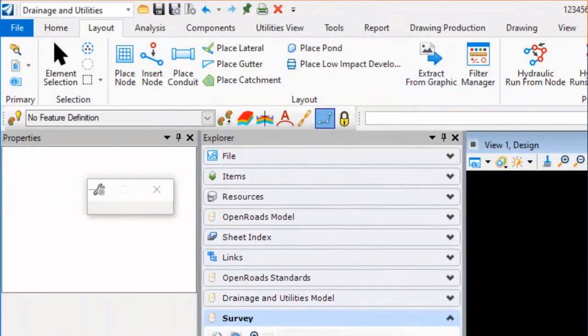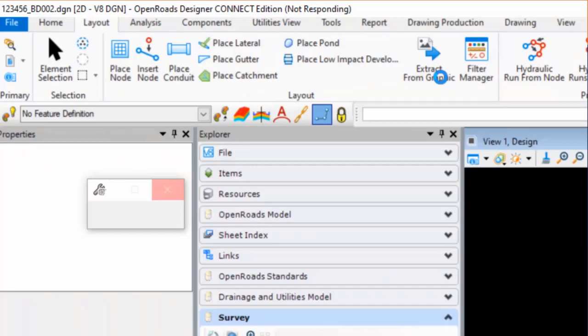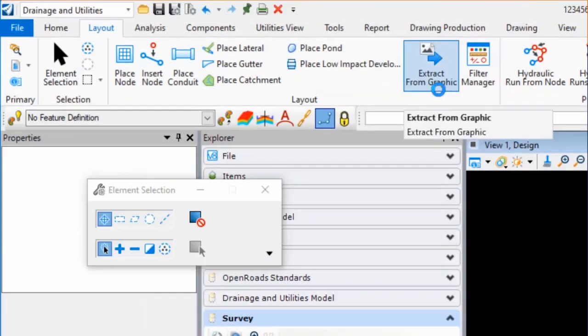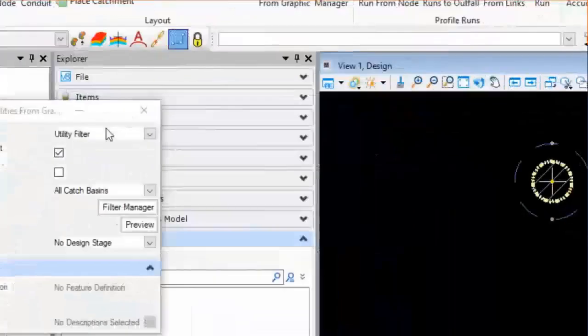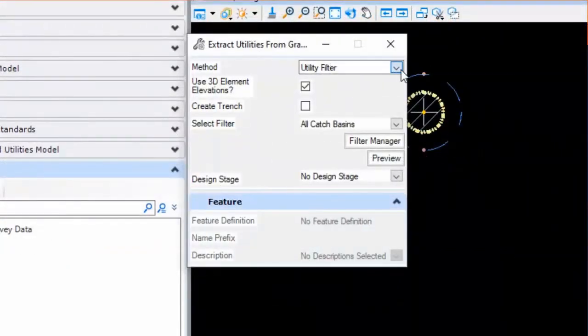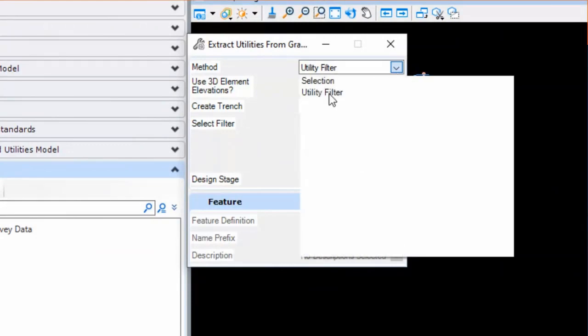And then when it's finished, it doesn't put me back into the command. So I do need to select the command again in order to run it. And there it's complete. So I'll click the extract from graphic command to run it. There's some different options here. I can use by selection set or utility filter.